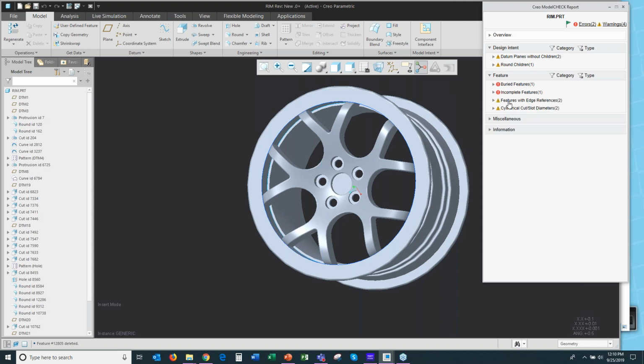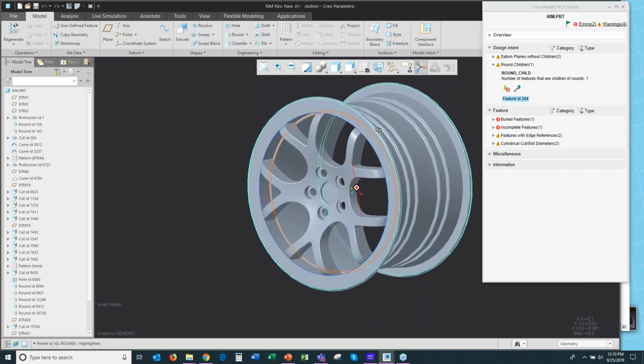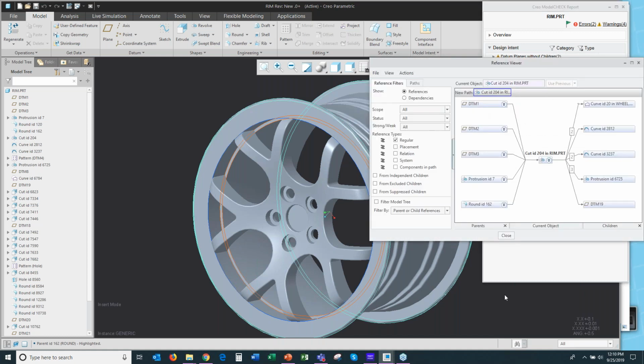We also see that there are warnings. What we have here is features with edge references, or we have cylindrical cut or diameters. We also have datum planes without children, and we have rounds with children. So once again, we would go in and investigate this model to validate that, okay, is this something that is necessary? As much as we don't like, or basically say no, there's no reason for a feature to reference a round, we still need to go through and investigate to validate that, okay, is this necessary? So we can come through and view the references for it, which brings up the global reference viewer,